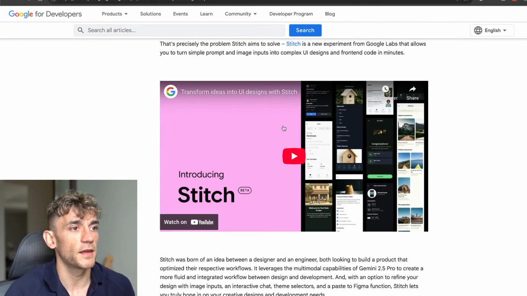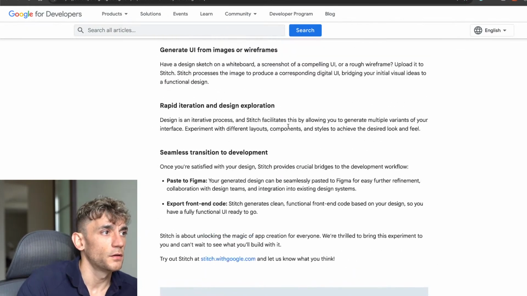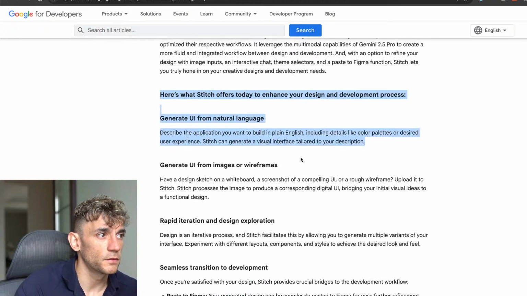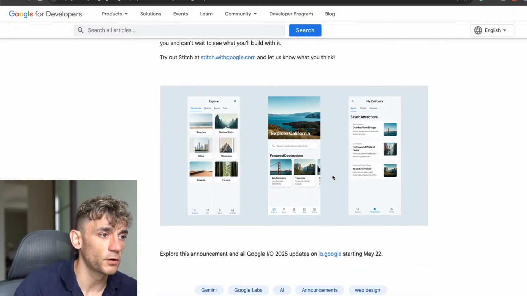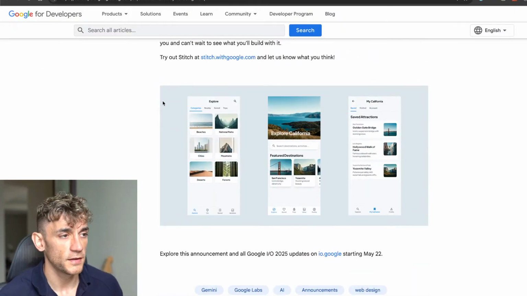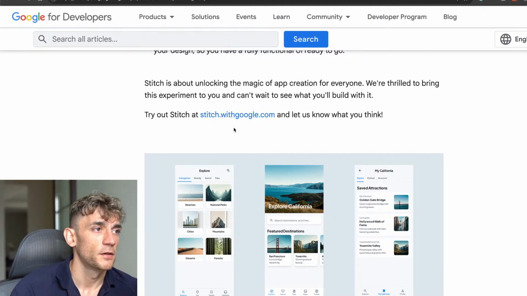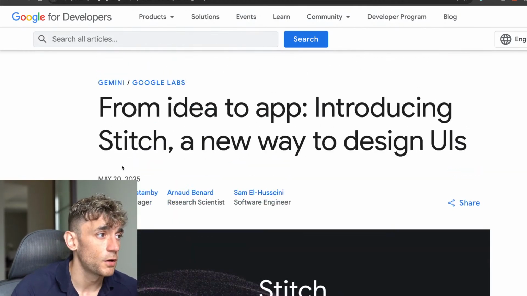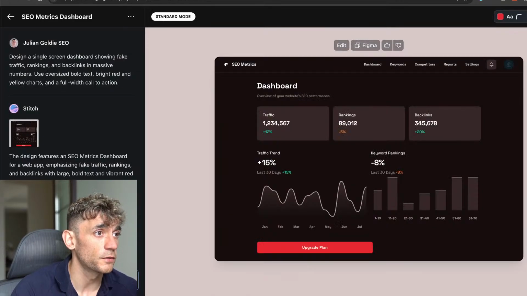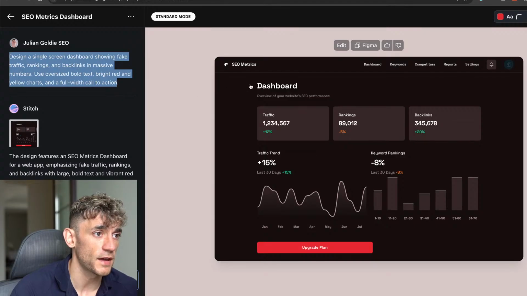But the main thing here is you can basically go from idea to an image or wireframe for your UI in literally 1 or 2 prompts. And if you don't like what you see or you have some changes, you can iterate on it. So here's some examples of what you can build, how you can build it, etc. And it literally just came out on the 20th of May, which is not long at all. And if we go back to our screenshot here, you can see an example of what the dashboard looks like.